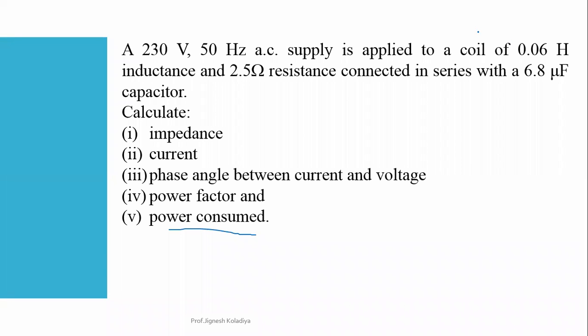And the last one, power consumed. Which equation do I have to use for power consumed? Yes, this is also correct. Avi, you can use this equation, R upon Z. But for power consumed, we have to use VI cos phi, correct? Yes, VI cos phi. V, I and cos phi, all three values are there. You just have to put down the values and calculate.